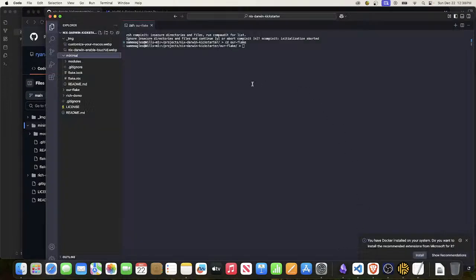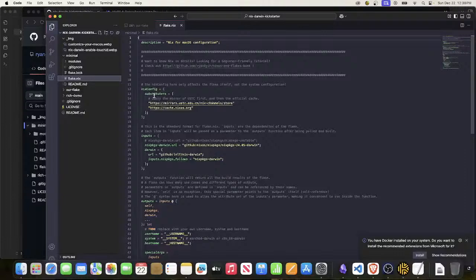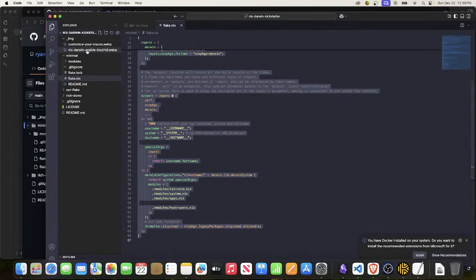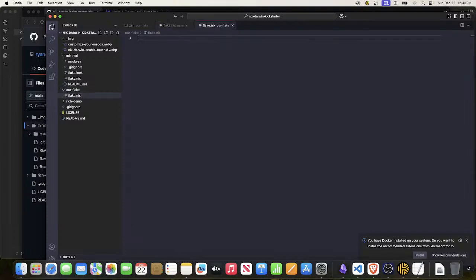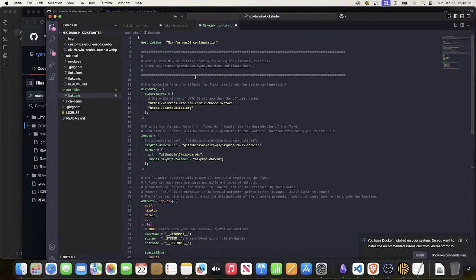So let's get this going. I'm gonna take his flake.nix and I'm just gonna copy it into our flake. I know I rely way too much on my trackpad right now, but until I start doing some more neovim, probably gonna keep doing it that way. So we are going to